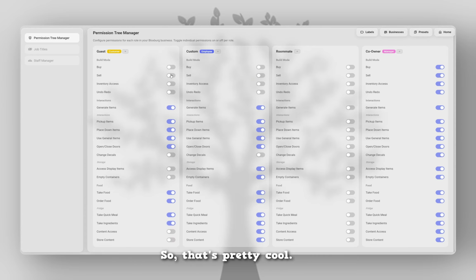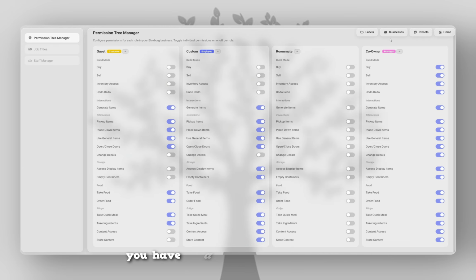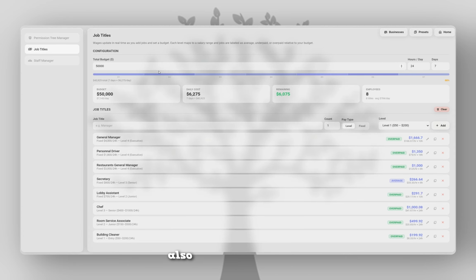So that's pretty cool. And also, what it does that is pretty cool is the job title. If you have a business and you want to manage your employees, well, you have the staff manager, but you also have the job titles. And with the job title, you basically put a budget for the salary of your employees. For me, I put the maximum donation, so 50,000. And then you can see that you have your budget, your daily costs, and the remaining money after that,